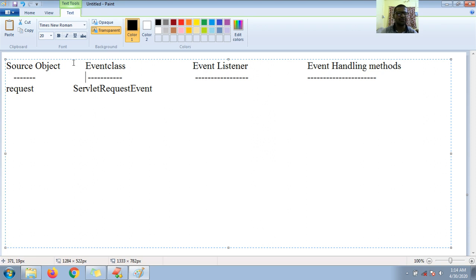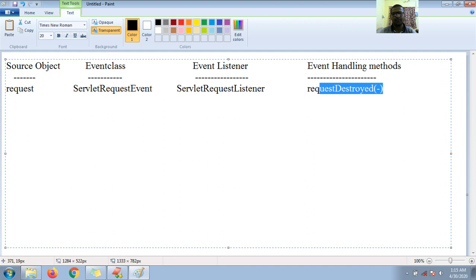Okay guys, so the event class is ServletRequestEvent for the request object, and let me go for the event listener. The event listener name is ServletRequestListener, and the methods are requestDestroyed, which takes one parameter.